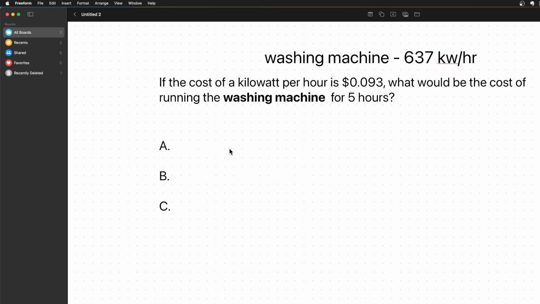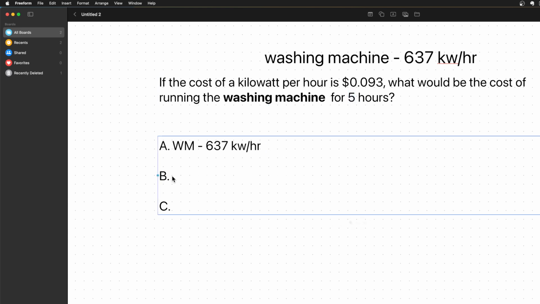Okay, if you were to run a washing machine, again, you'd want to check the bar graph, but I'm just giving this one to you. The washing machine would use, again, 637 kilowatts per hour. Now, we want to figure out how many total kilowatts we're using if we're running it for 5 hours. So if we run it for 5 hours, we're going to take the 637 kilowatts, which is the amount in 1 hour, and multiply it times 5 hours, which is going to give us